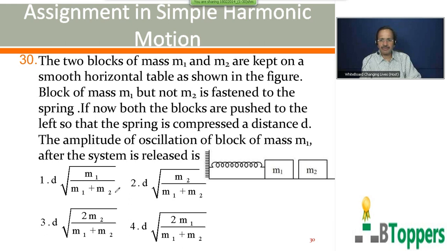In case you are not able to answer most of these questions, even 5 questions out of 30, still you can try to improve this way. You first go through the solutions of all the questions, which we start discussing in the next class onwards. You go through the solutions for all the questions one by one. After going through them, take a gap of 1 hour, or 1 day if required. Then come back to the assignment in SHM again, starting from the beginning.